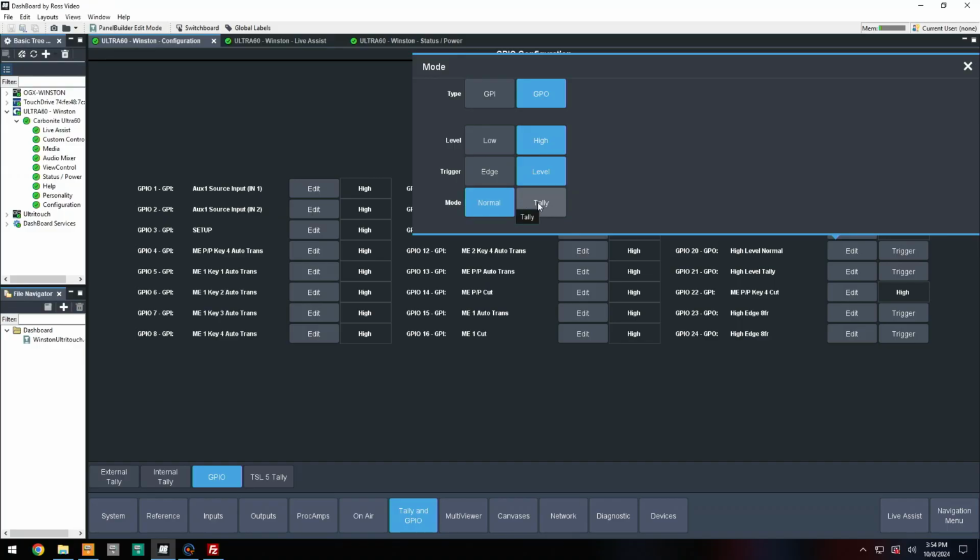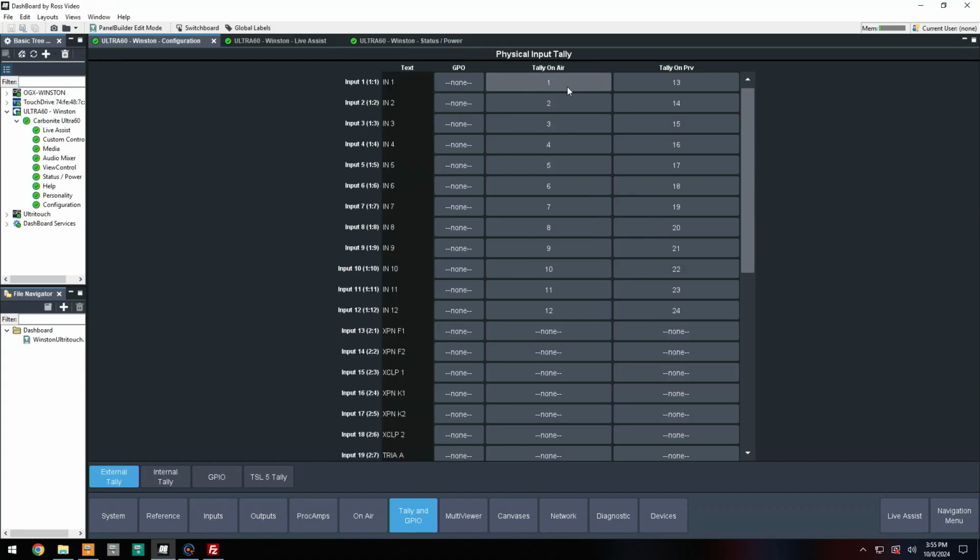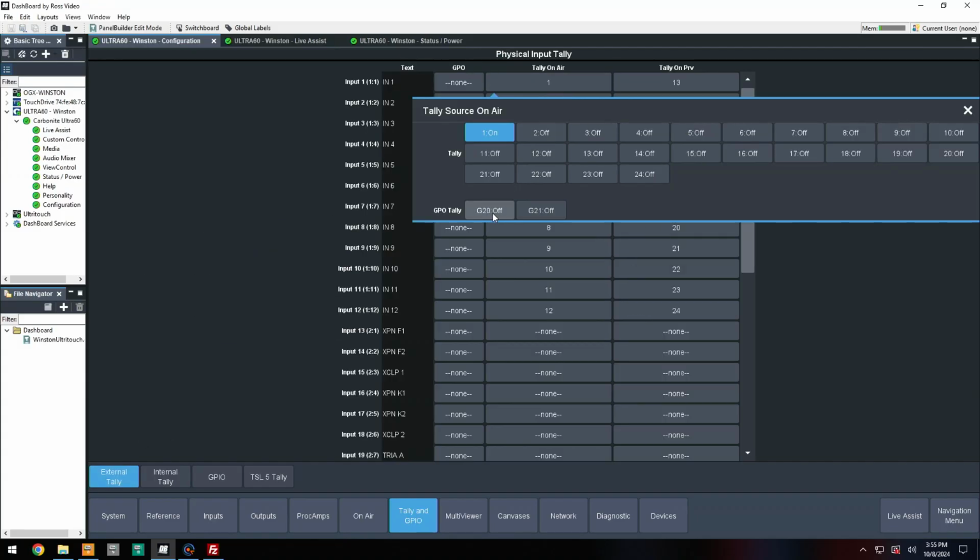So in normal mode, I would be building a custom control that is going to tell it when to set the GPIO on and when to set the GPIO off. Whereas in Tally mode, we're setting it up so that we can use it inside of the Tally system. And that way, when we go back to external Tally, that's how we were able to select it here as